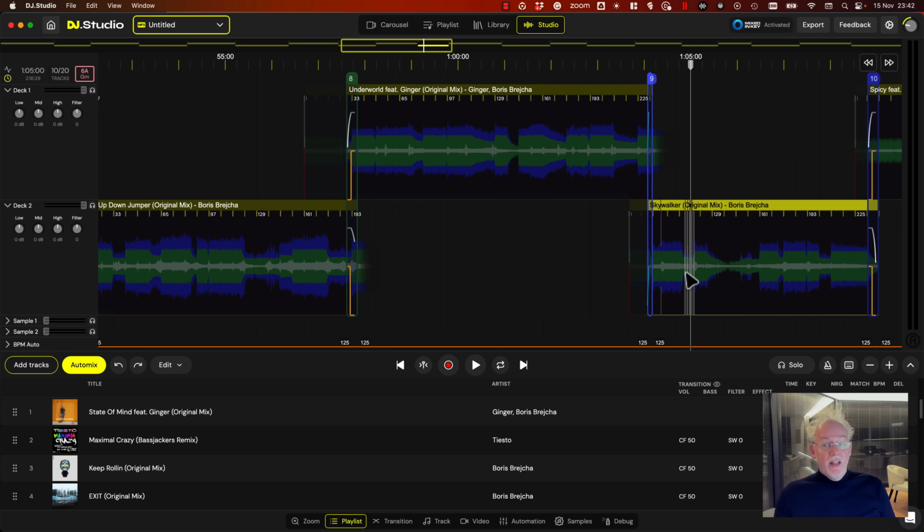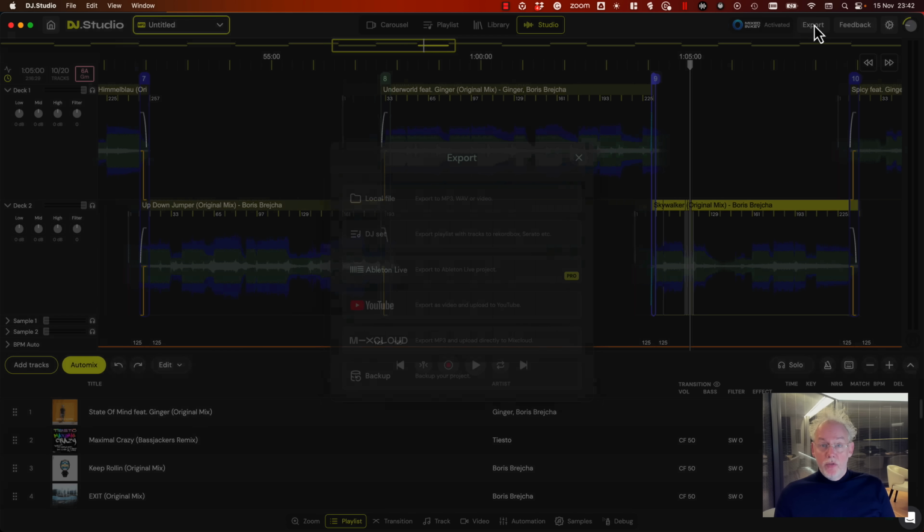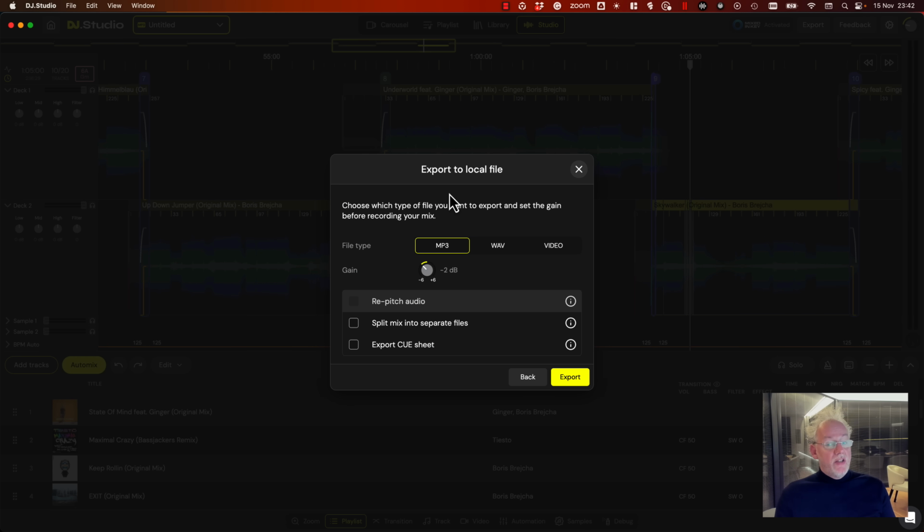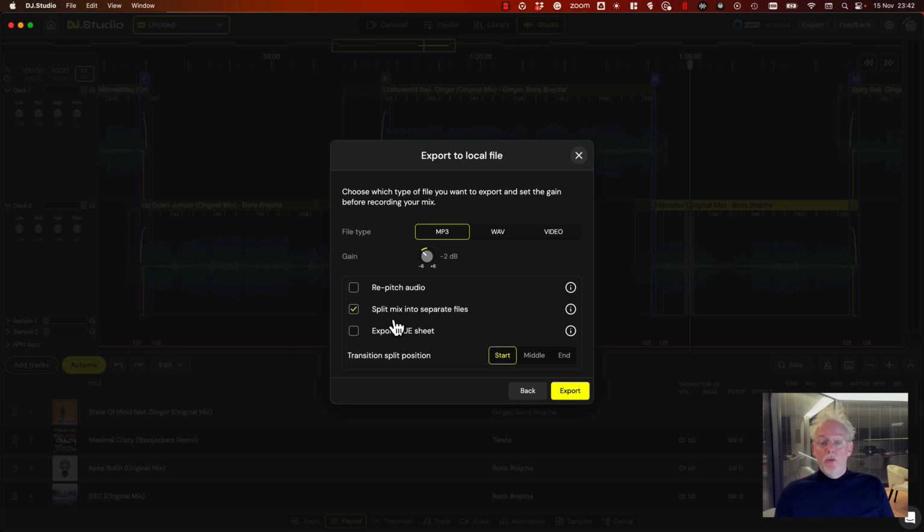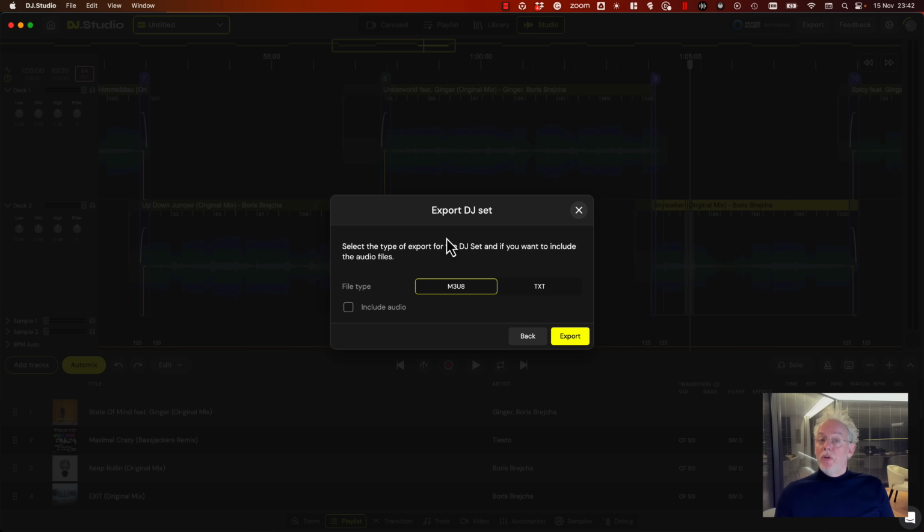Once your mix is ready, you can export it. We have lots of export options. You can export it as a local file, as an MP3, as a WAV file or a video. You can split it in separate files if you want, and if you have an old school CD player, you can create a cue sheet. You can export it as a DJ set back to your favorite DJ tool, so we have your set prepared and you get your perfect playlist